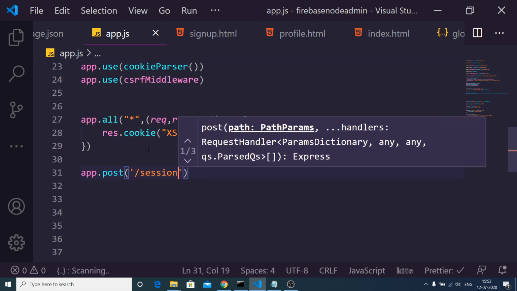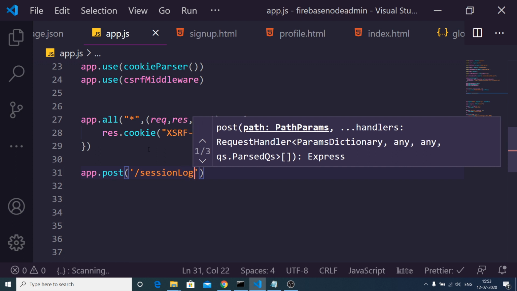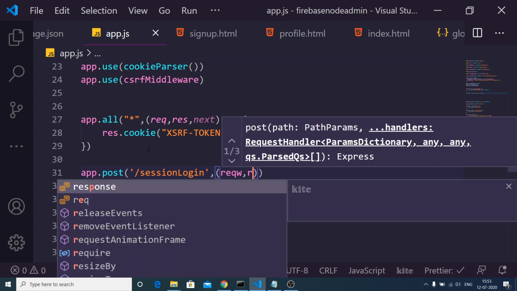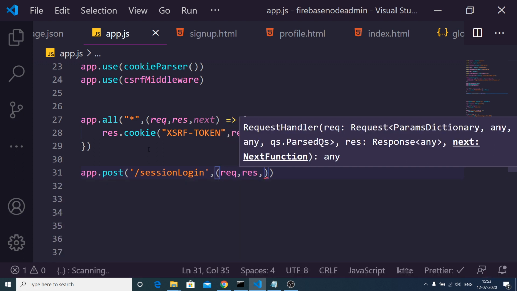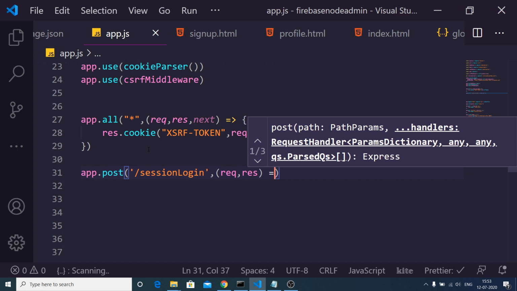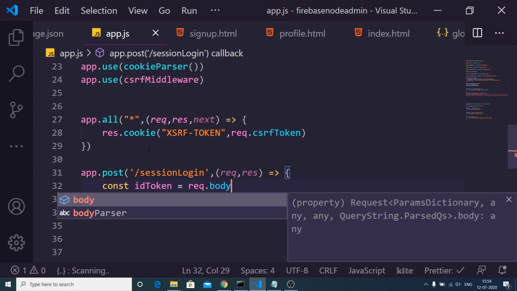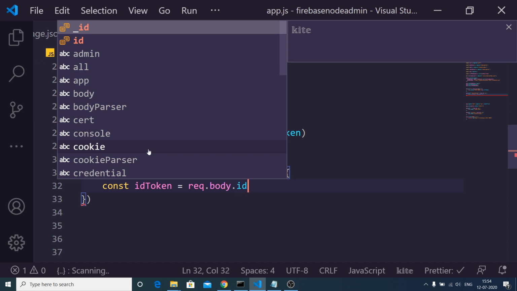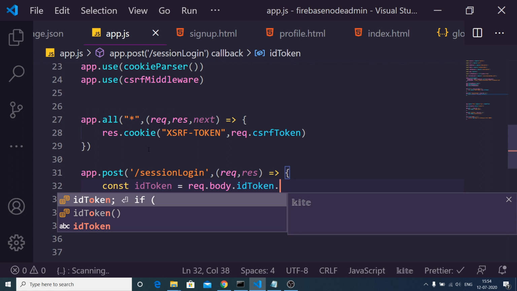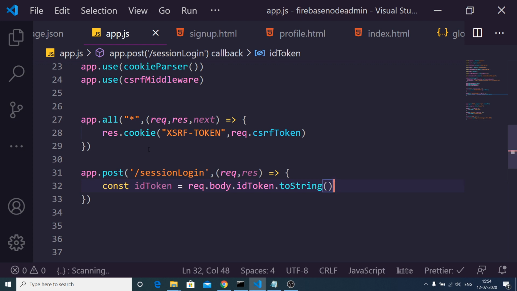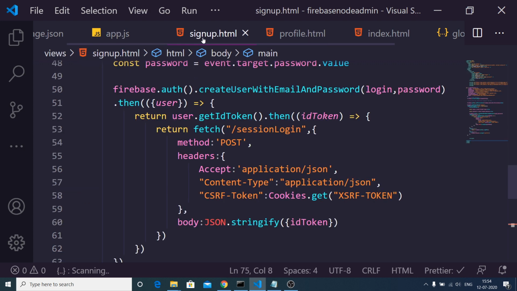So app.post /sessionLogin, and this will have request, response, and that's it. And this will be an arrow function, and inside this, guys, we first of all need to have two things. We need to get the id token, and we can do this by request.body.idToken, and we can convert this to a string value. So basically here we are passing this token here,